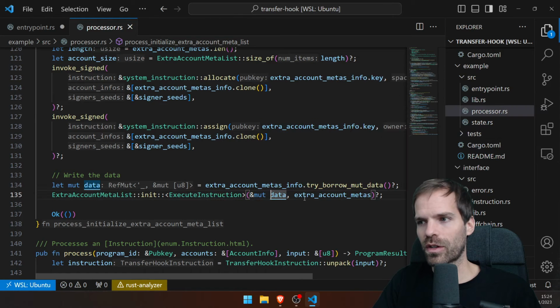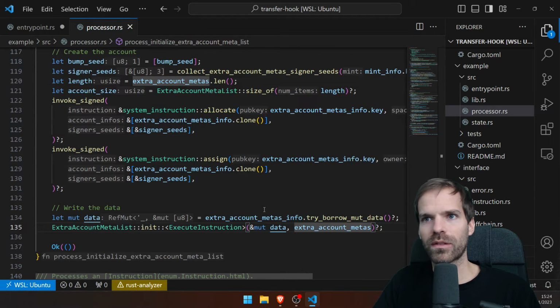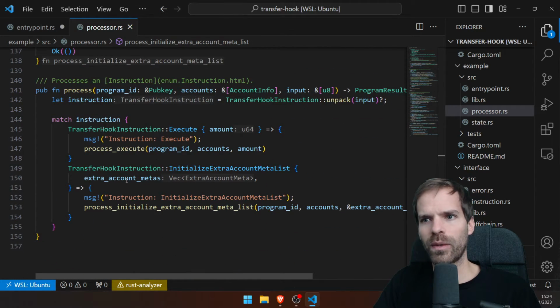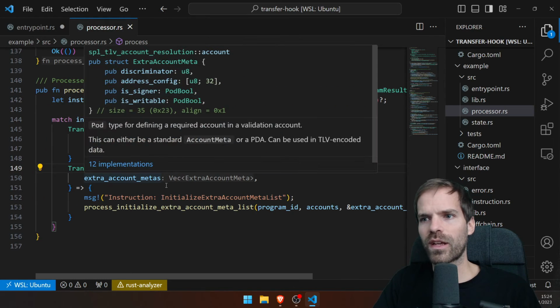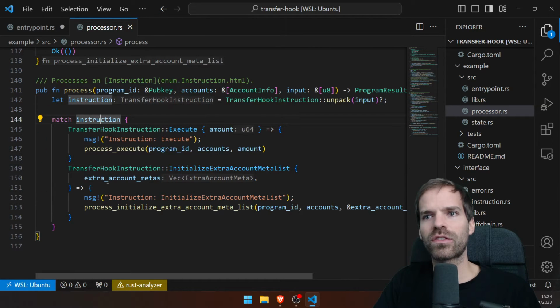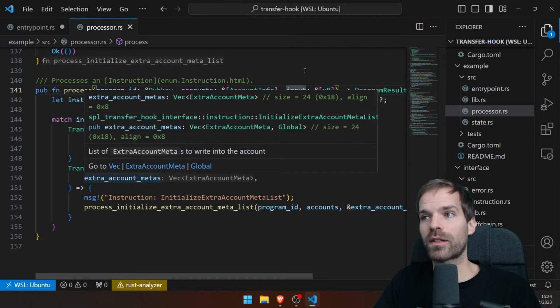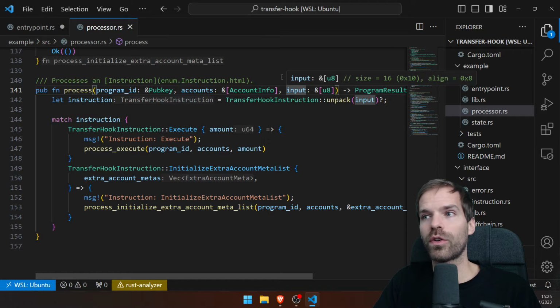Our execute instruction with data and extra account metas. Extra account metas that comes from externally. So we provide that here. Oh, that's actually via the instruction. So that comes from here as well. So that's part of the input. The input already contains which extra account metas we want to write. So apparently that's also in this implementation done on client side that we provide this. Do we have